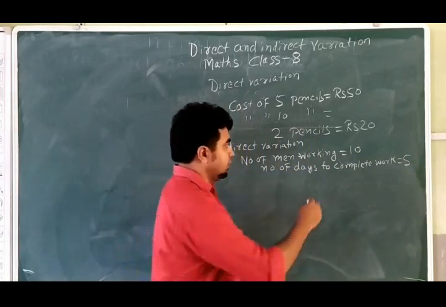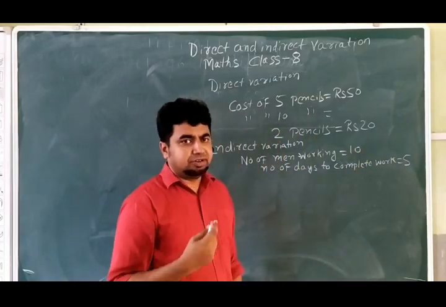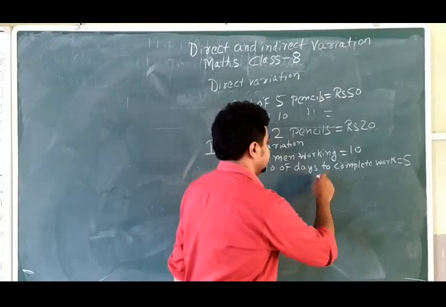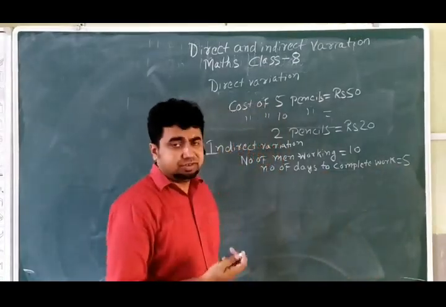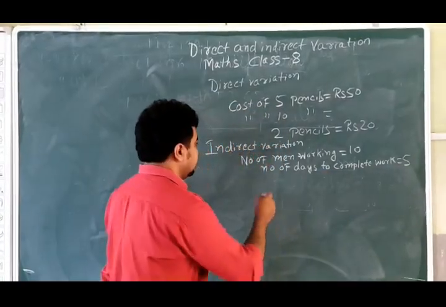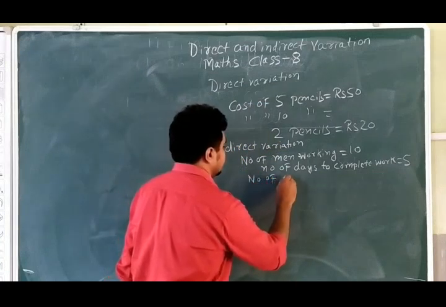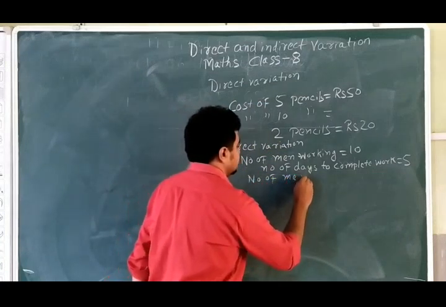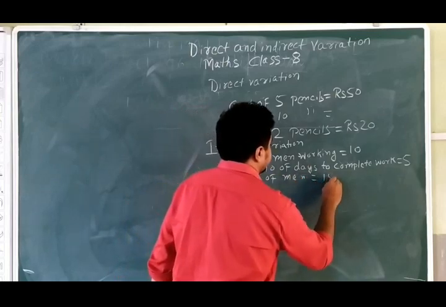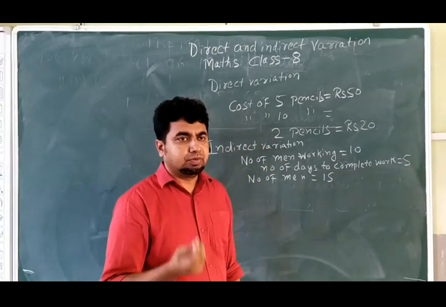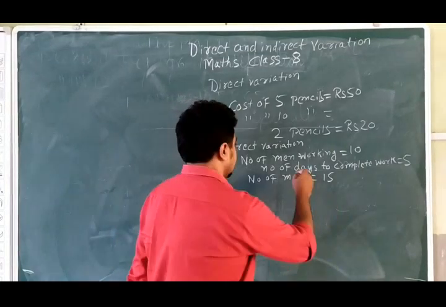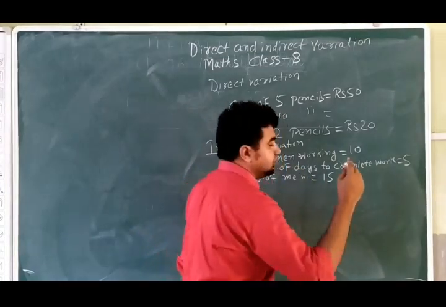If the number of men working is 10, then the number of days to complete the work is 5 days. If I am saying the number of men is 15, if I am increasing the number of men, we will get that the number of days will be